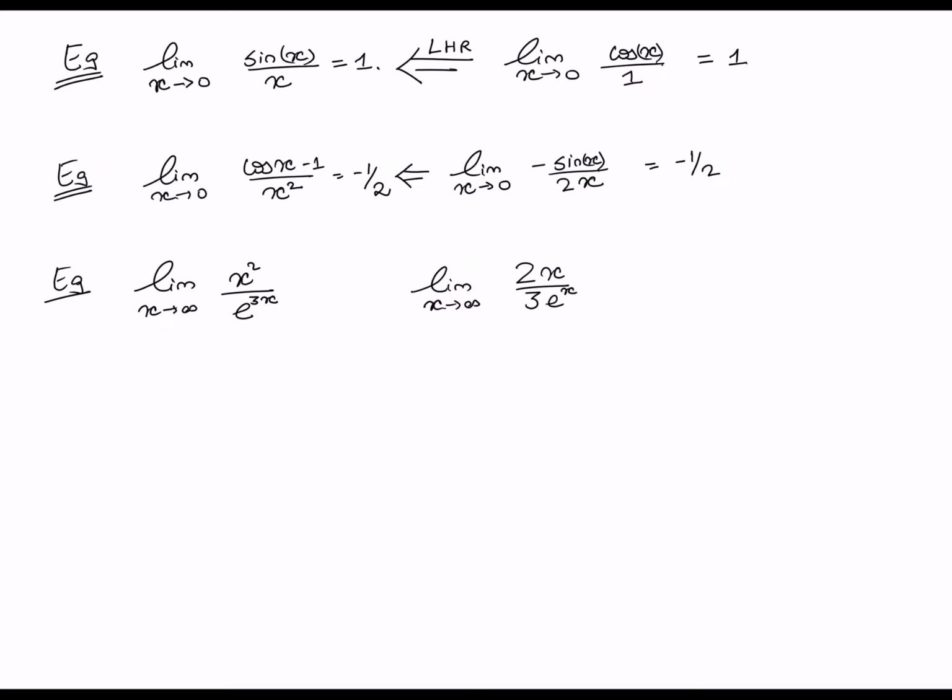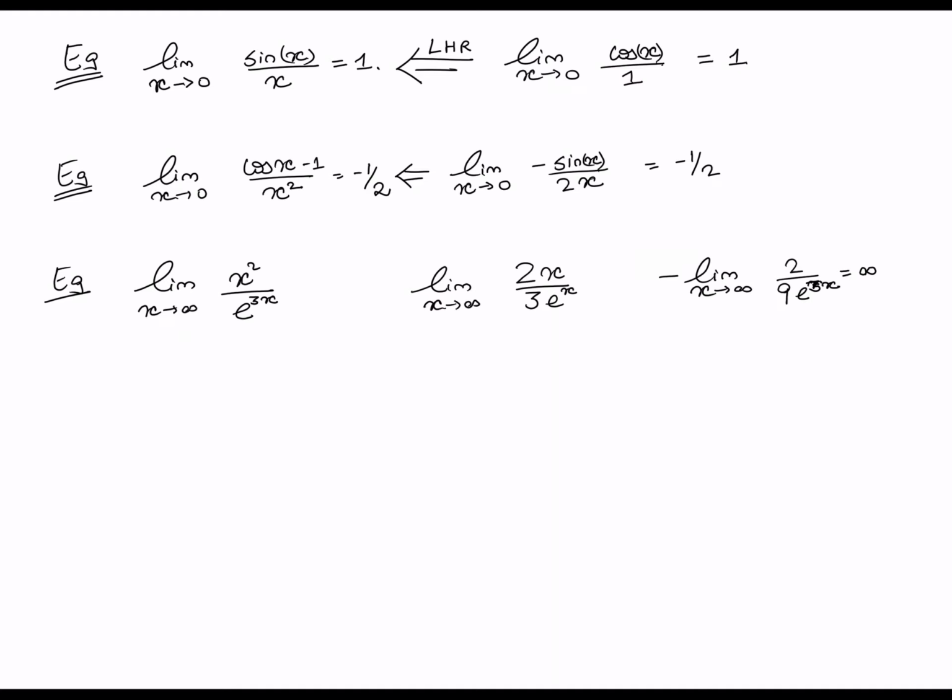Now let's say I don't even know this. What would I do? Well, note that this latter limit is also an example that satisfies hypothesis 3 of L'Hopital's rule. So I can further reason about this latter limit by looking at the limit as x tends to infinity of, again, the ratio of the derivatives, which in this case would be 2 divided by 9 e raised to 3x. Now this last one I know is in fact equal to 0, because e raised to 3x tends to infinity as x tends to infinity.